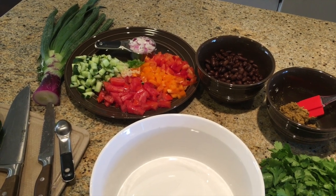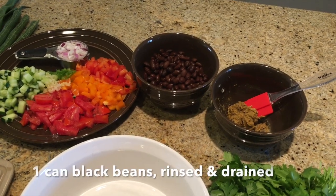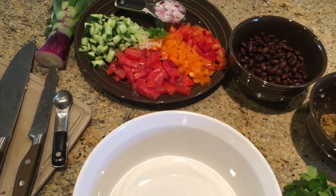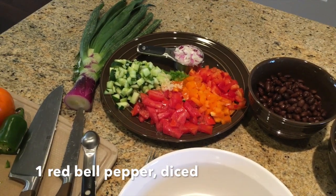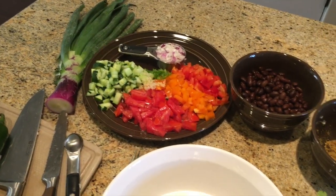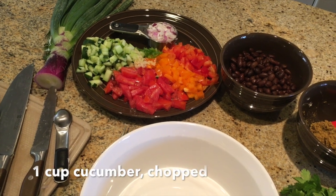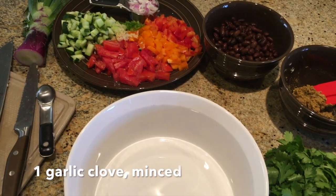I took maybe 10 minutes chopping and dicing everything. I drained a can of black beans as I was told to, rinsing it off and draining it, and then chopped the 1 ripe tomato, red or yellow bell pepper. You could use 1. I decided I was going to use 1/2 of each. I just liked the color mixture, and so I went with red and orange bell pepper and just did 1/2 of each. 1 cup chopped cucumber, a 1/4 cup minced red onion, a garlic clove minced, and then a teaspoon